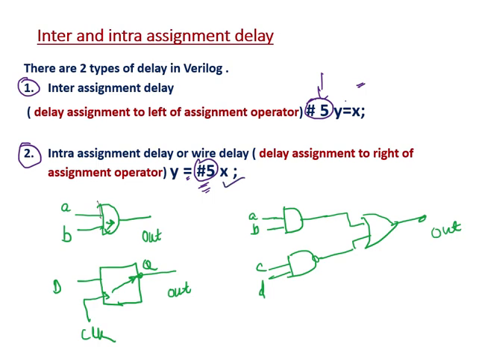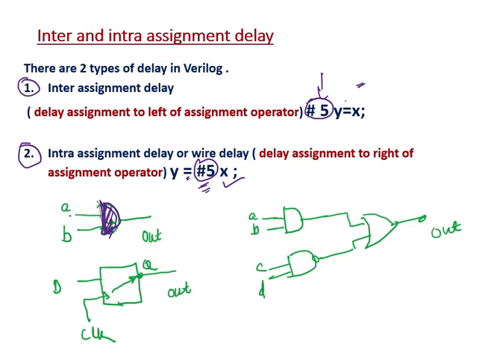So what exactly are these delays? It can be gate delay, or we can say propagation delay. See, these are real silicon, real hardware implementations. So it will take some time for the input to be propagated to the output, or if there are changes on the input side, they have to be reflected at the output after some time. So this is my gate, a real silicon, right? So it has some delay.